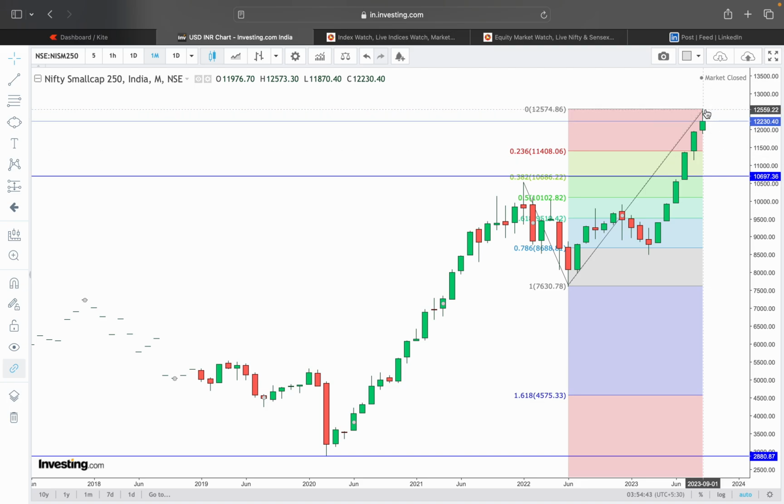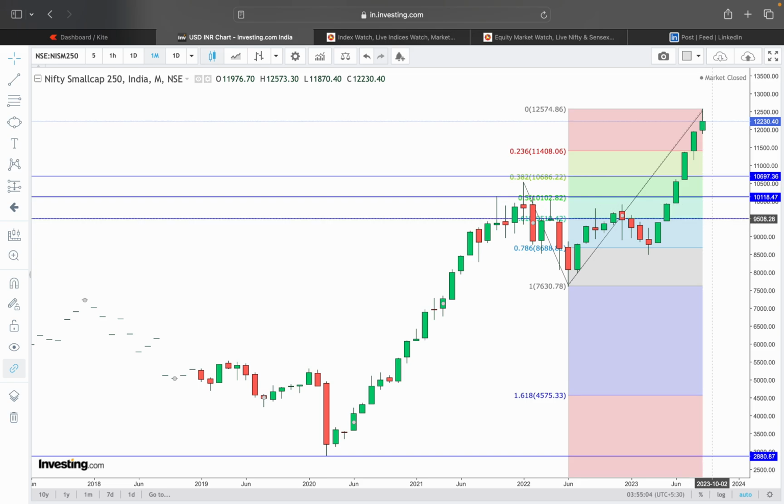So there is no ambiguity in my mind that any pullback all the way till 10,700 on a support and a break on shorter time frames, I will be buying into stocks. There is absolutely no ambiguity in my mind, and I would be quite confident going right up to this level, which is the 50% Fibonacci. At the 61-62% Fibonacci, I am not feeling great now. I can tell you very confidently, on a monthly 60 odd percent Fibonacci,